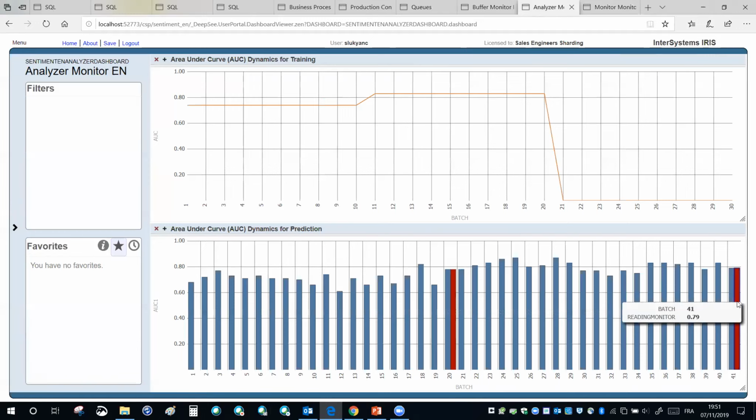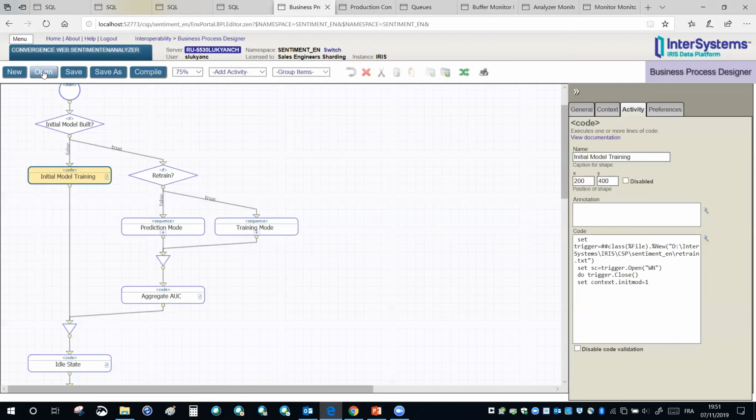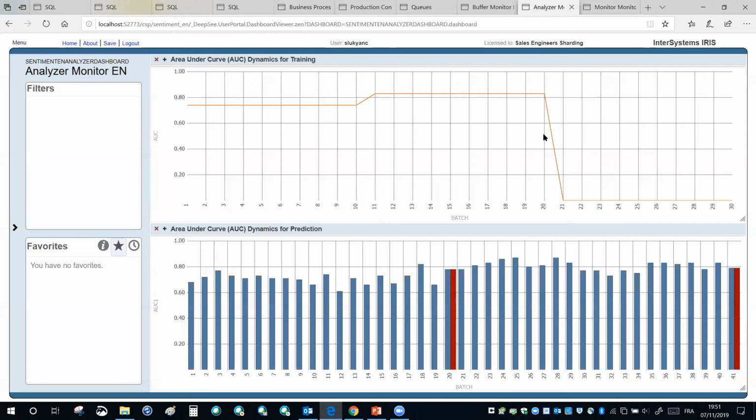When it has seen it? When it saw that on batch with size 20, the system decided to retrain. I think it was more about the number of... no, can you go back to your previous? I think it was about the generation. You have batch 20 on the lower dashboard. Yeah, you're right.